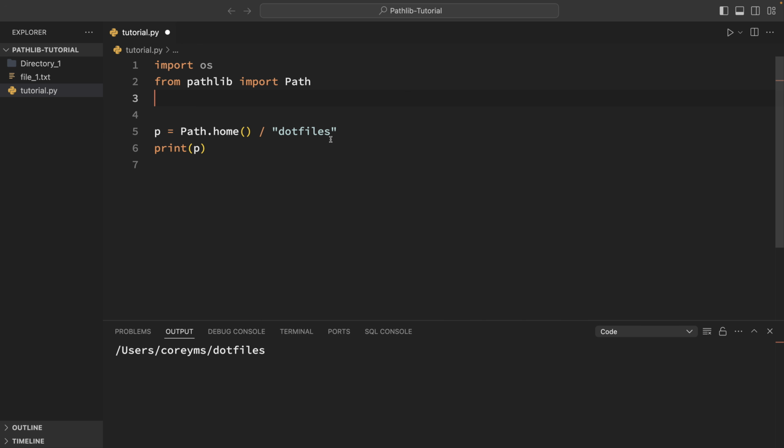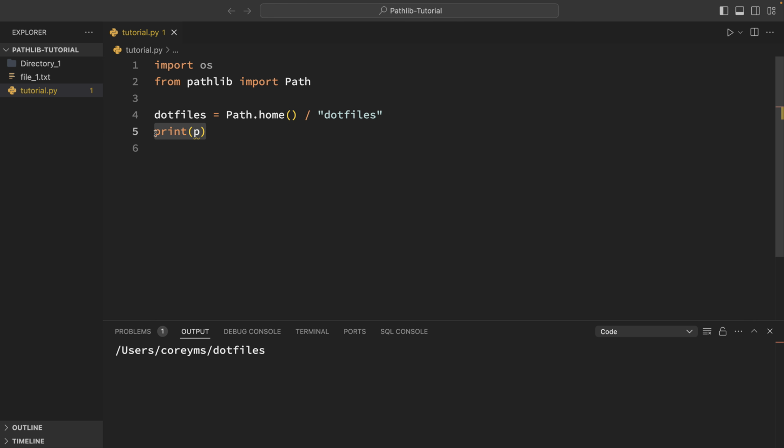But let me go ahead and clean this up, and I will actually just call this .files. And now let's search this using that glob method. So I can say for p in .files.glob. And again, let's say that we wanted to find any file or folder that has VS Code in the name. So what I can do here is use some wildcards and just put VS Code here in